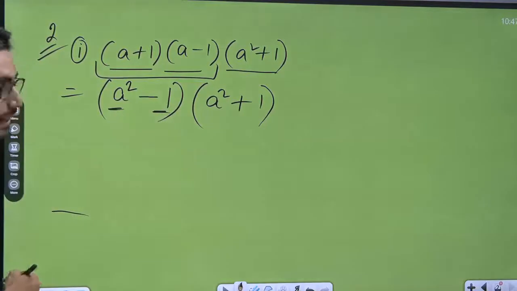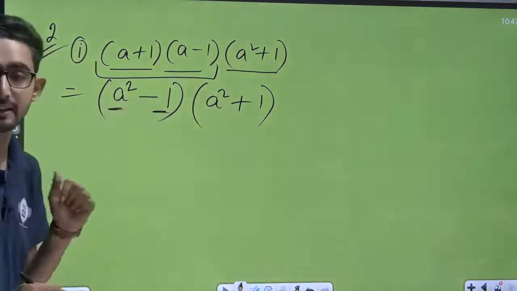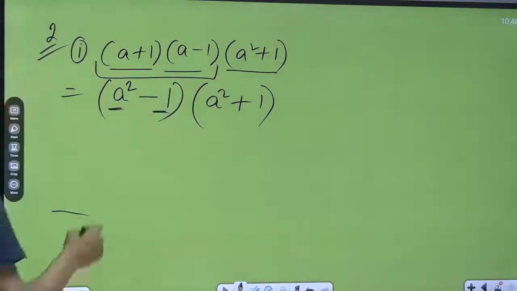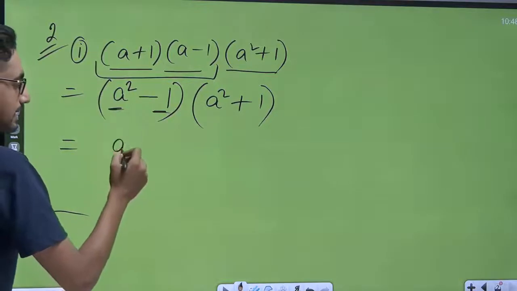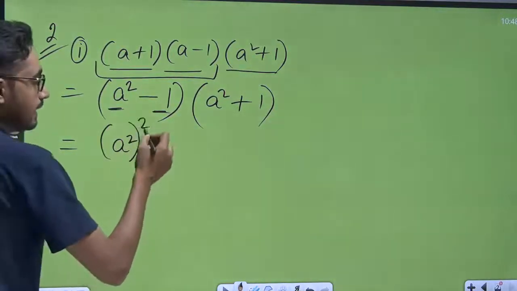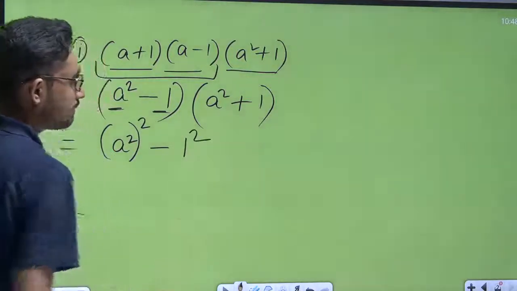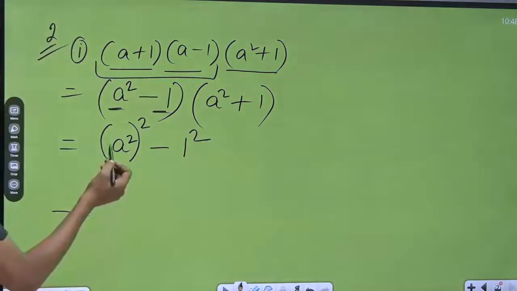Now if you observe again, this is also making another formula. Which formula? Same formula only. Look, first A minus 1 or A minus B, and here A plus B. Yes or no? Look carefully, A minus B and this is A plus B. So the formula is equal to A square minus B square. But here we have considered A square is equal to A.